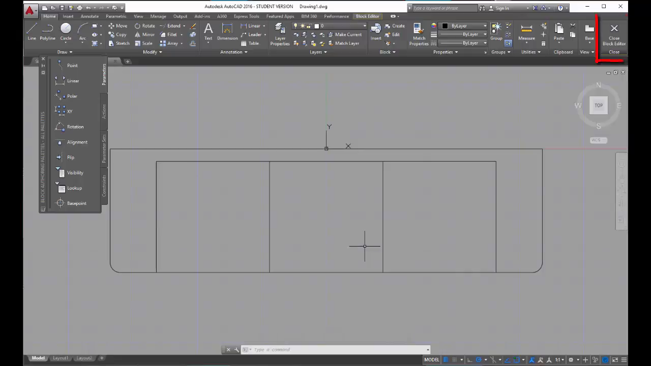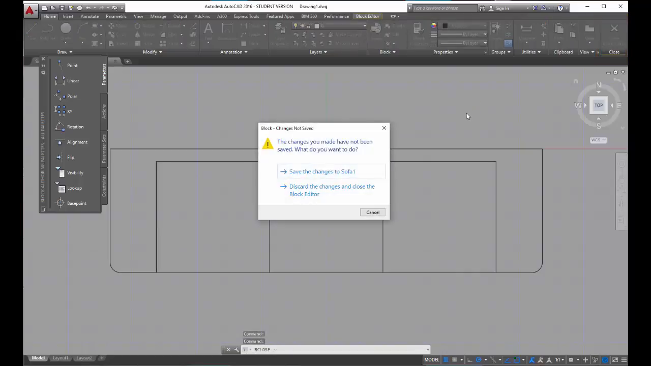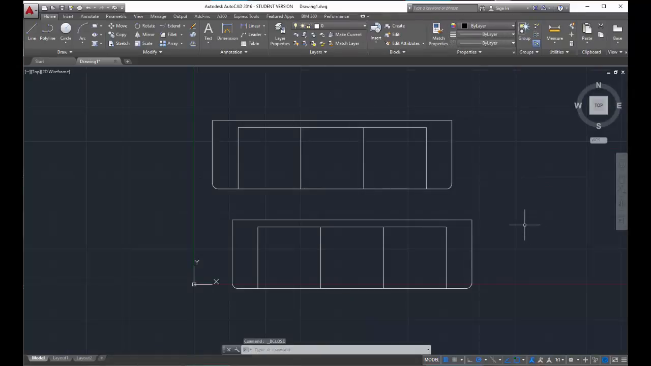When I'm done, I'm going to click on the Close Block Editor button here at the top of the ribbon on the very right hand side. CAD will pop up a window and will ask, hey, do you want to save the changes you just made or do you want to disregard them and exit the block editing? I'm going to save the changes to Sofa 1, and you'll notice when I come back to Model Space,